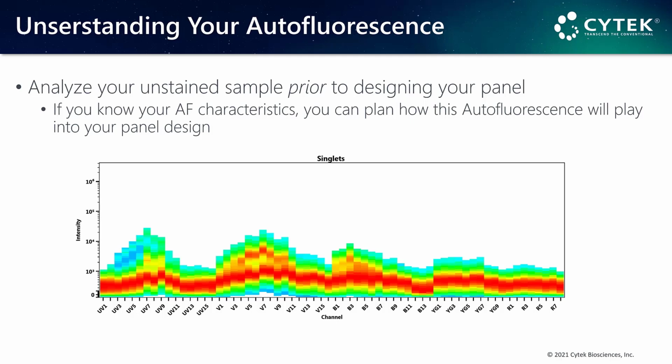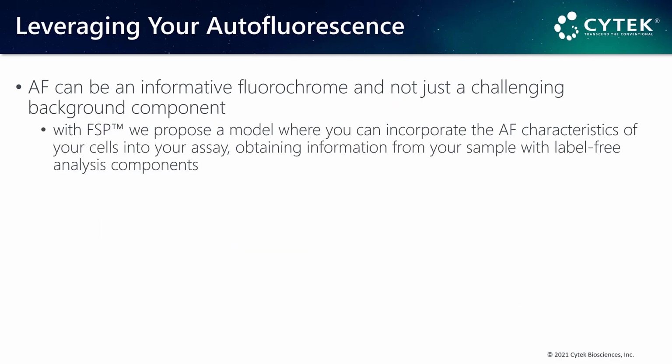I really recommend that you go ahead and analyze your unstained sample prior to designing your panel. Because if you know your autofluorescent characteristics and from roughly which cells these different characteristics emerge, you can now make much more informed decisions in your panel design. Do you have some unstained samples sitting in your data archive? Why not go check them out and start diving into the wealth of free information that is already buried within